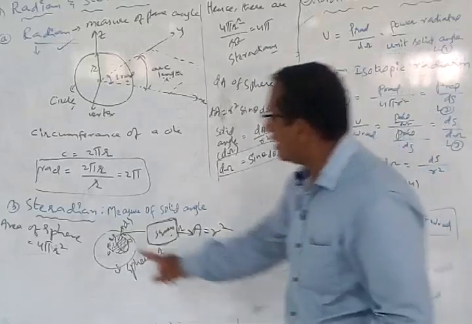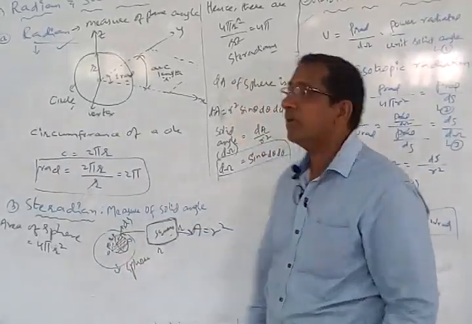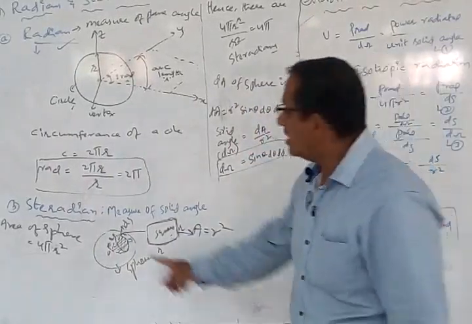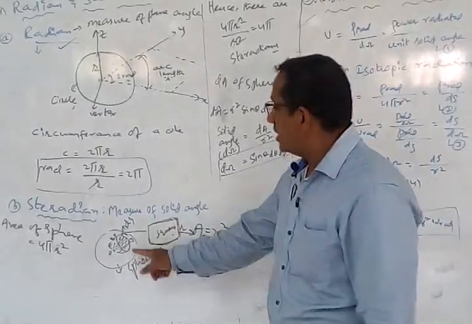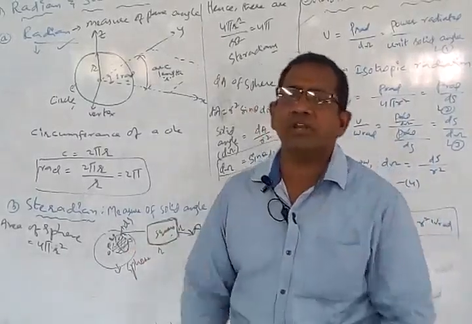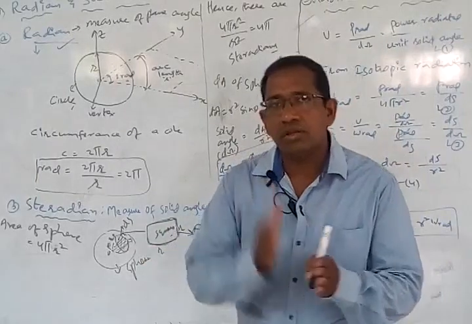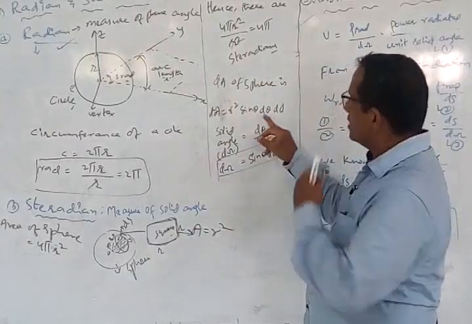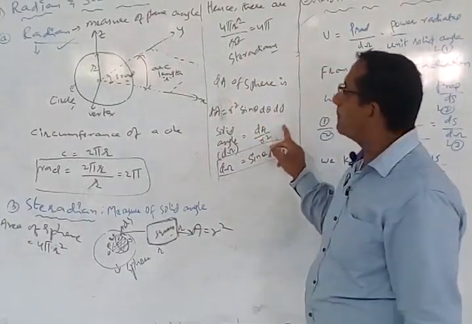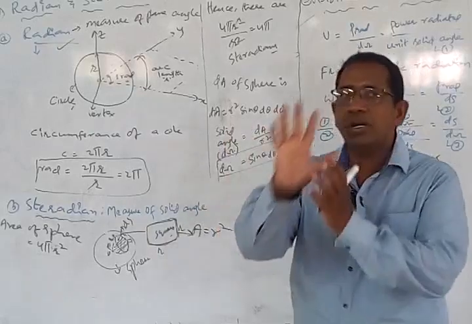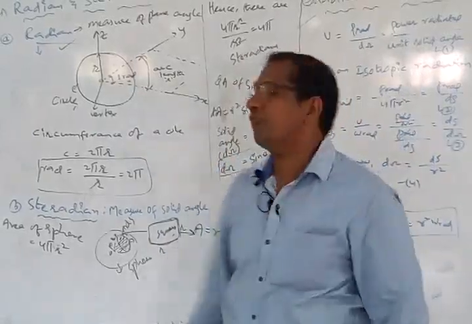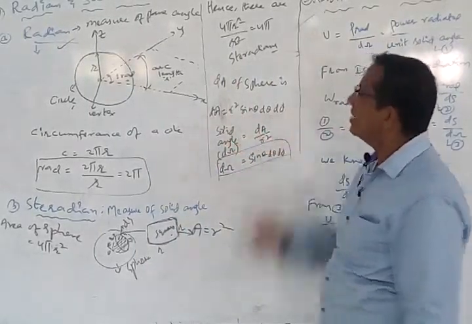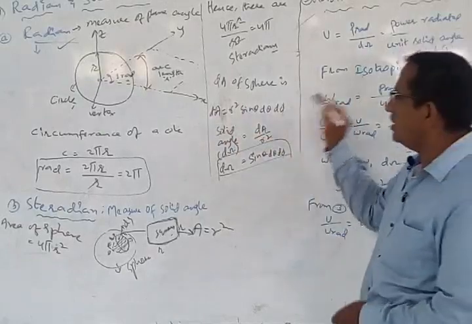What is differential area? If you find out differential area for the spherical coordinate system, we normally get r square sin theta d theta d phi, because r is taken as a fixed component, because the electromagnetic flux lines will be radiating along the r direction. So r is taken as fixed. That is why in this differential component we get theta and phi. It is simply rotating with respect to theta as well as phi. So differential area becomes equal to r square sin theta d theta d phi. That is the basic equation which we have from the EMTL subject.